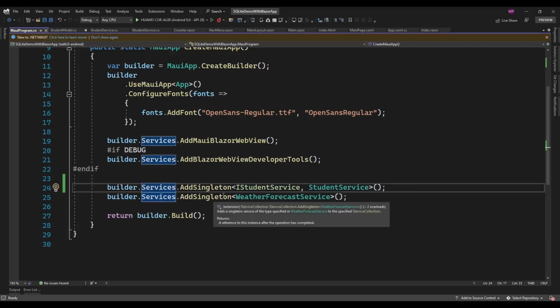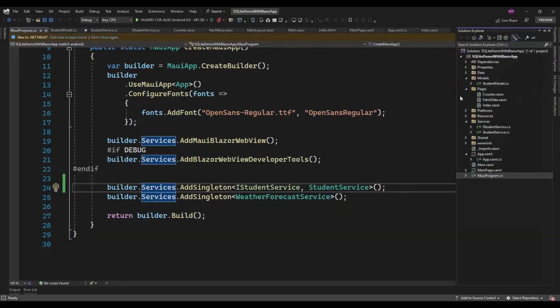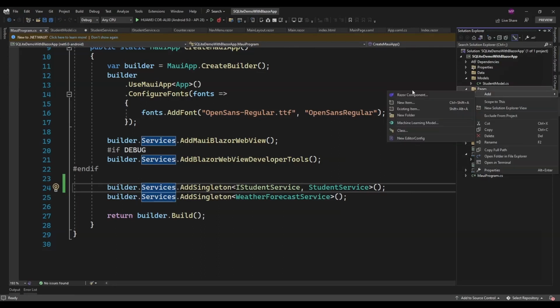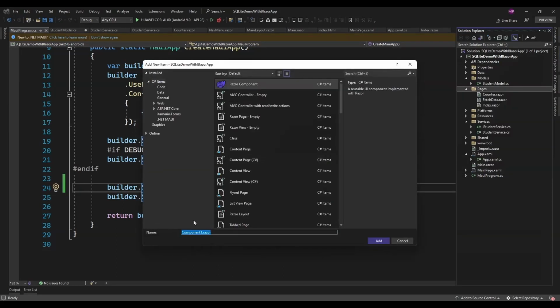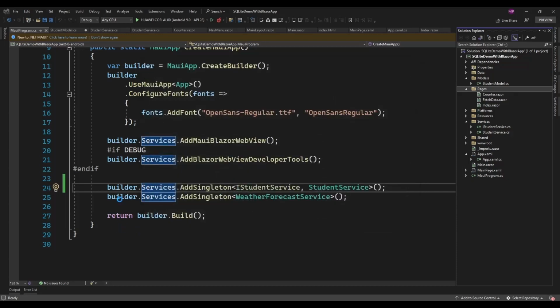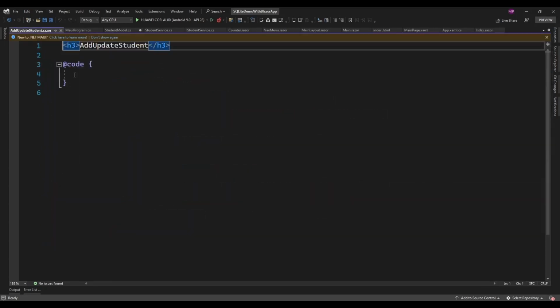Now let's add a new page for displaying the student list and adding student. Here I'm just going to add a razor component for adding and updating student, and this page name I'm just going to set